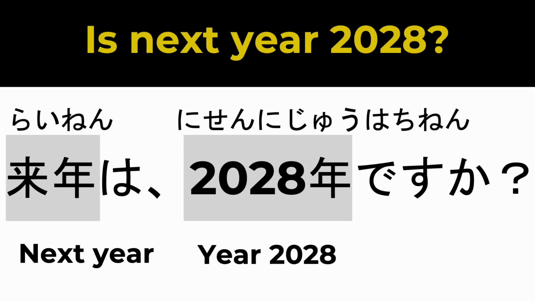Now let's replace what year with a specific year. For instance, is next year 2028 can be expressed as 来年は2028年ですか？